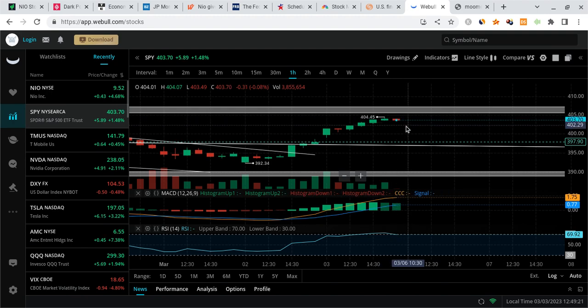So I am seeing a bit of a pullback first. I don't know how low we're going to go, whether it's 400 or 402. I'm going to determine that later and make another video about that. But the bottom line is, we're likely going to establish a higher low than this 392 level. Then we're going to start continuing to go as the days go on, especially near the end of the week,